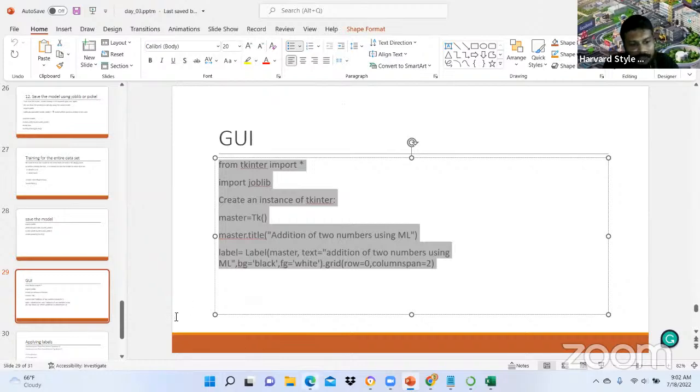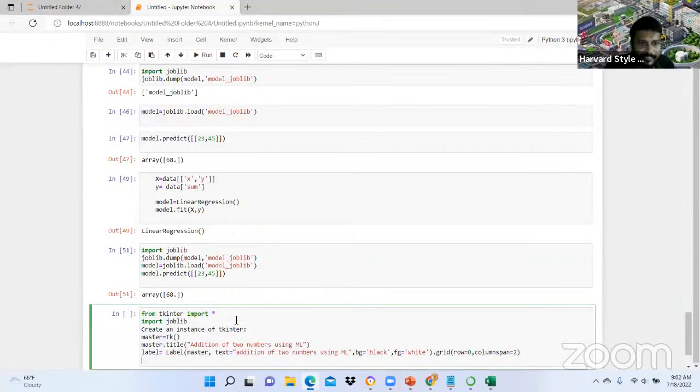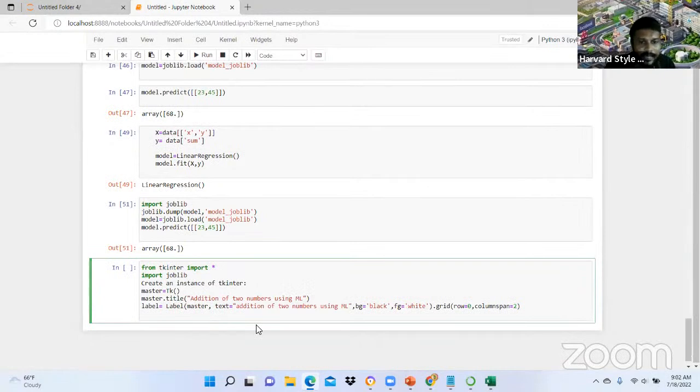This is the creation of the GUI. That is the first thing. Right. Then, guys,